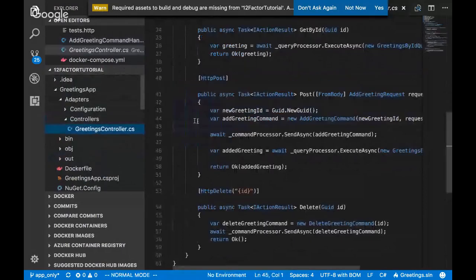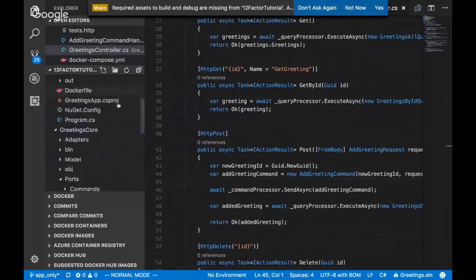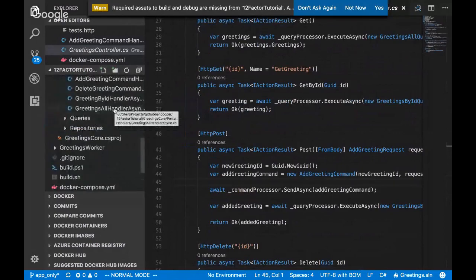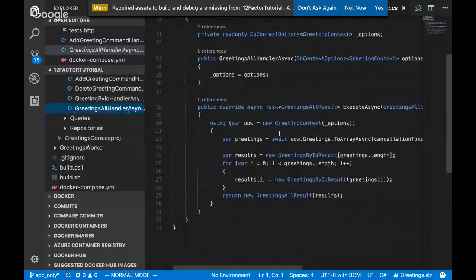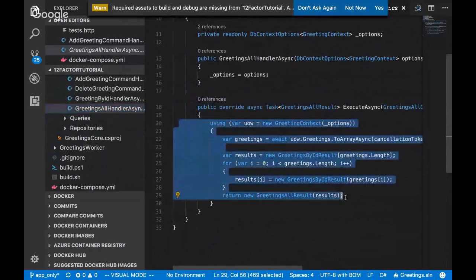In the controller as well, we can just do something similar to actually go and get that information back. We've got to get here, and if we look down here, we'll find the handler for that particular item. And again, fairly straightforward. We're just creating basically an Entity Framework unit of work. We're going away, finding all the result sets and turning them into something we represent basically back to the user